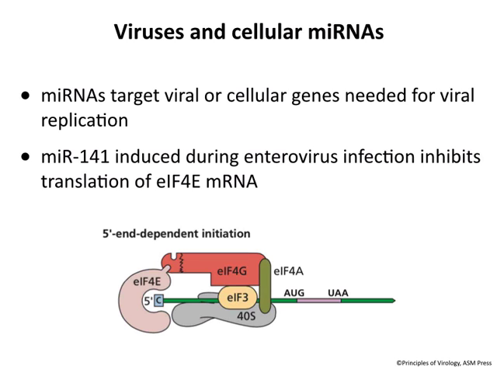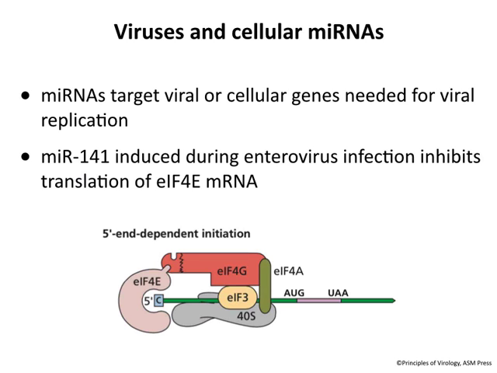For example, the herpes viruses, which set up latent infections in us, we'll talk about those in a couple of weeks, they regulate their gene expression to keep a latent infection by using microRNAs to silence lytic replication. Now, viruses can also utilize the cellular microRNAs to regulate their infections. And a good example is shown here.